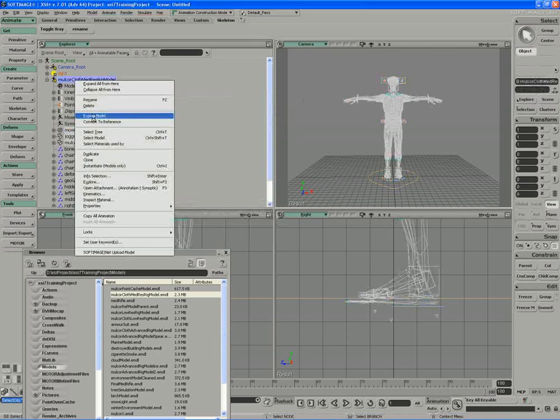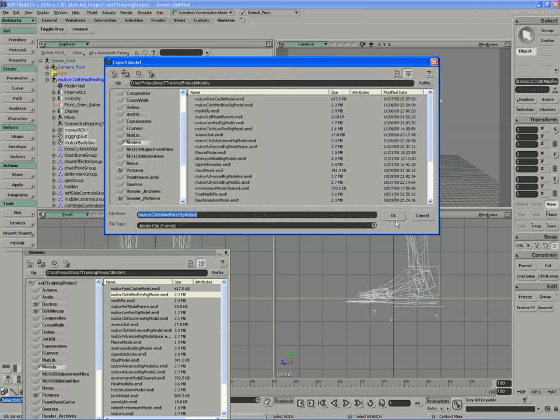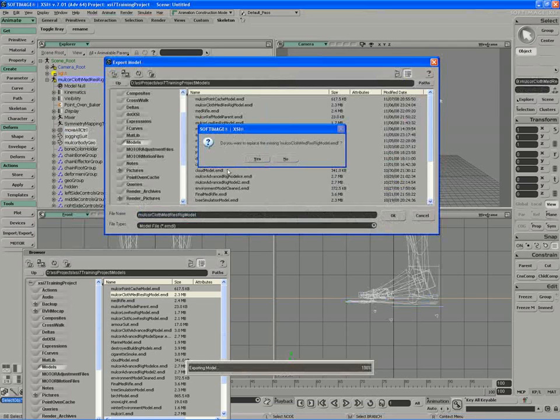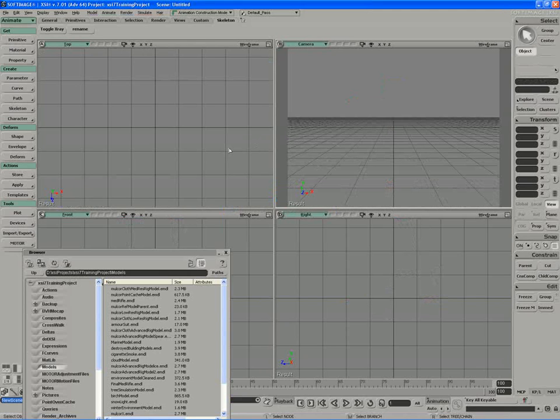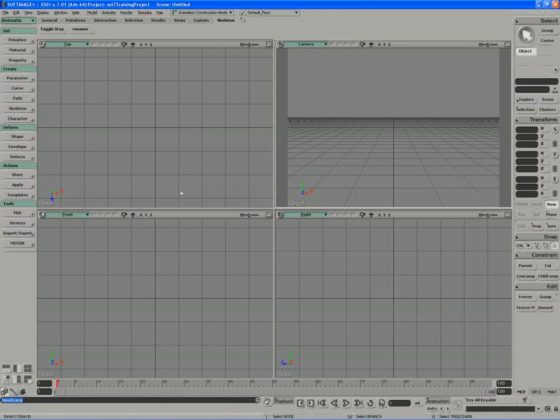So I'll export that model, overwrite the old one. And now if I open up the reference model, I should be able to write out PointOven files and also read them. So we'll reopen our scene now and make this